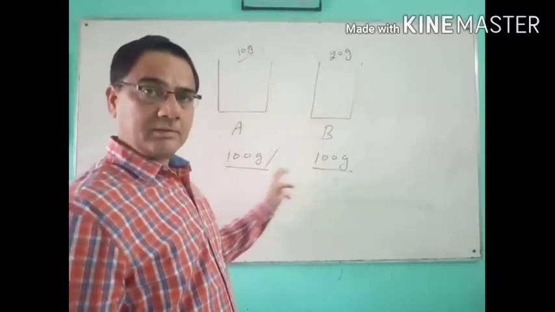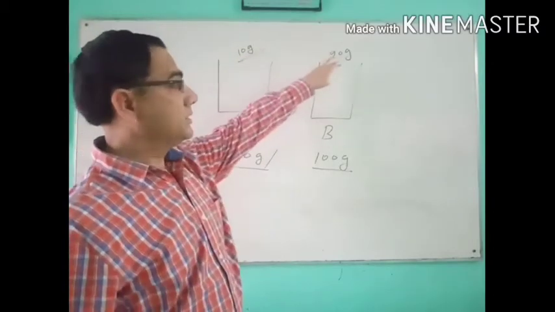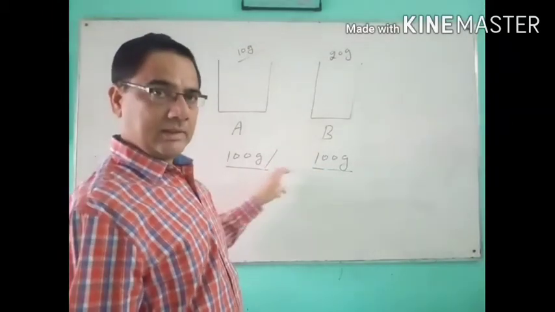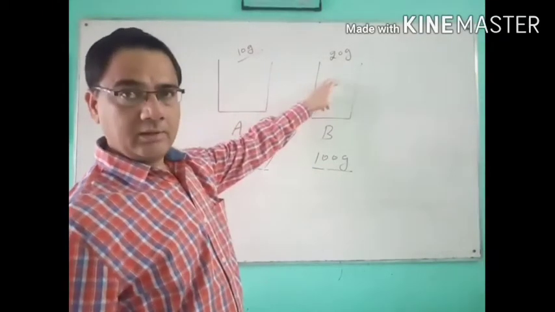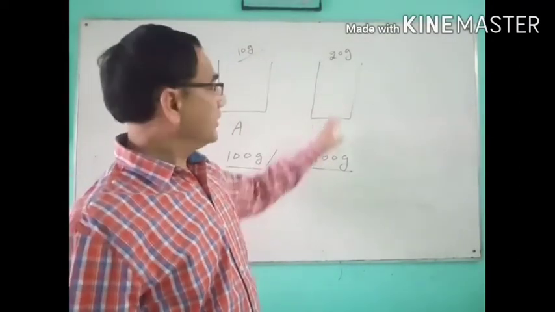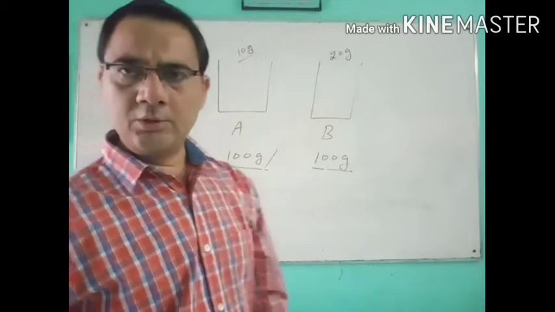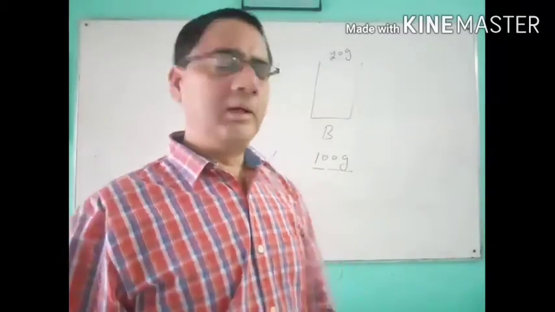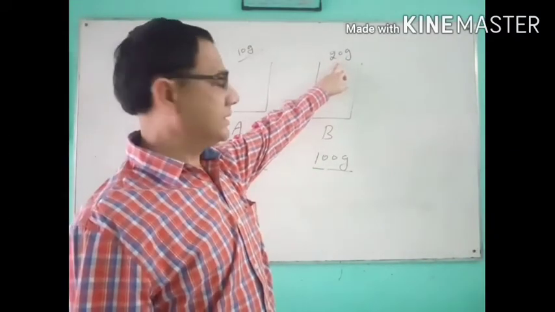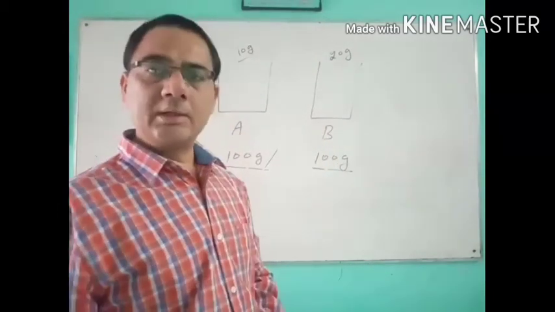It means the mass of the solution is the same, but the mass of the solute is 10 gram here and 20 gram there. If the total mass of the solution is the same and the solute is different, very easily we can tell which one is more concentrated. Here in 100 gram of solution, 20 gram of solute is there; here in 100 gram of solution, only 10 gram of solute is dissolved. So which one is more concentrated? Very clearly you can tell that the solution in which more mass of solute is present will be more concentrated, and we can tell solution B is more concentrated.